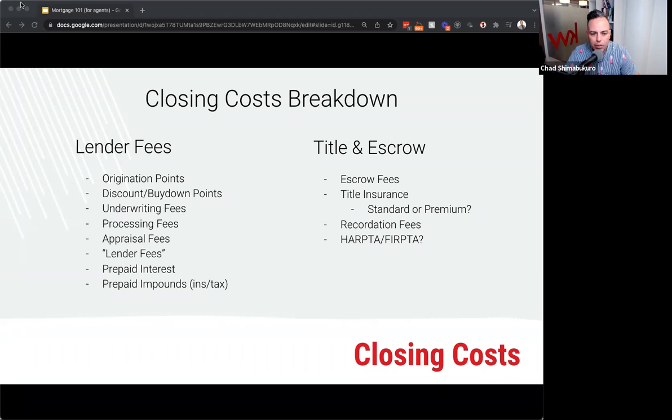What is a discount or buy down points? That's the same thing. The discount and buy down is used interchangeably. That is entirely different than origination. So it can show up like a percentage. So let's say origination, 1 point. Discount point could also say 1 percentage point too, and it's a percentage point of the loan amount, not the purchase price. But what a discount or buy down point is, if there's an interest rate that, let's say today's rates is 3.5%, and your buyer wants an interest rate of 3%, the only way he can get it, and I have a subsequent slide to better explain this, is he has to pay the difference of whatever that is, because he's buying an interest rate that's not available on the open market.